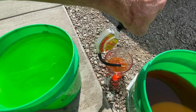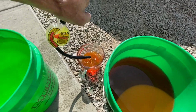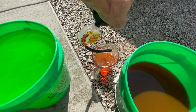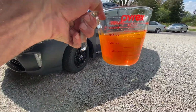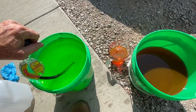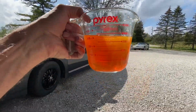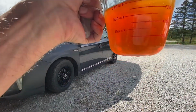Taking the universal Prestone antifreeze, mixing it in with some unknown antifreeze that I took out of the Jaguar. And we are just a little shy of 400. Yeah, that looks good. It's roughly 400. I don't see any evidence that the coolants are combining and flocculating or precipitating,